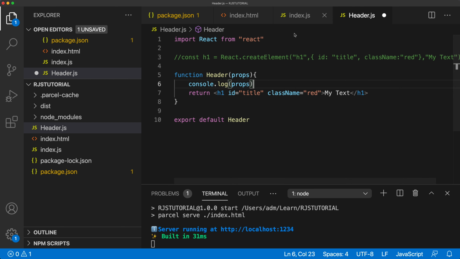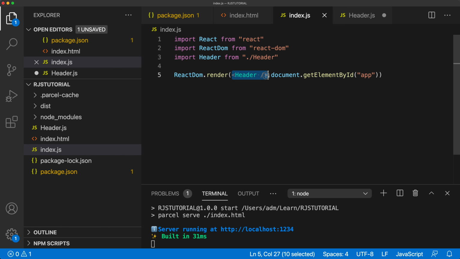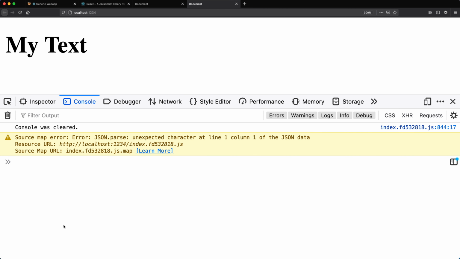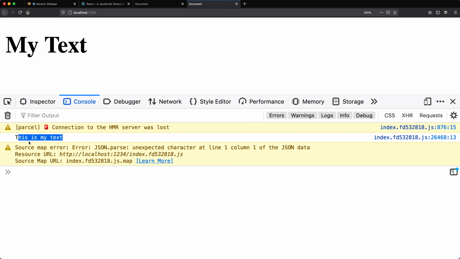Now, to be able to pass props to that function, well, if I was using the regular way in JavaScript, I would just remove this and type header, open close parentheses, and right here, as an argument, I could just pass this is my text. So let's say we pass text as an argument to this function. So if I save this right now, and also save this one, and go back and reload this, see, it says this is my text. So we're able to pass that argument to that function, and we're console logging that argument within that function,